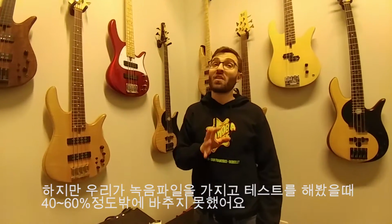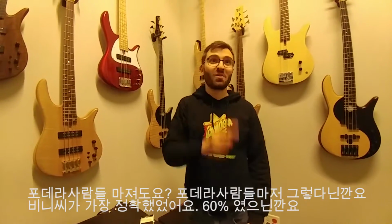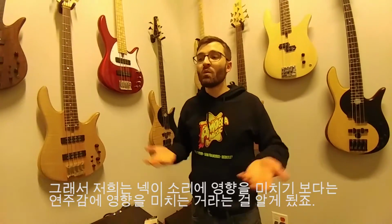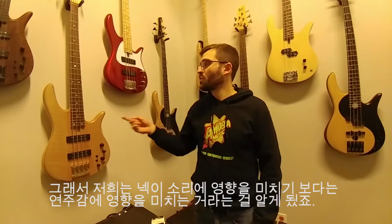So it's not a very obvious difference. Even the Fodera people. Vinny was the most accurate. He was 60% accurate. So what we learned is that the difference in neck construction has much more to do with